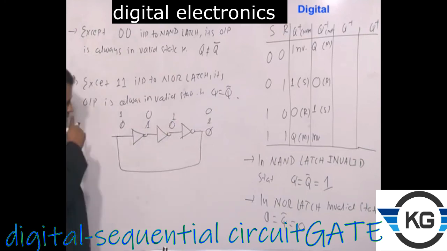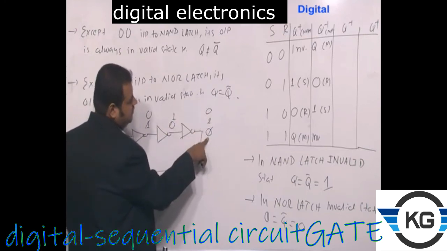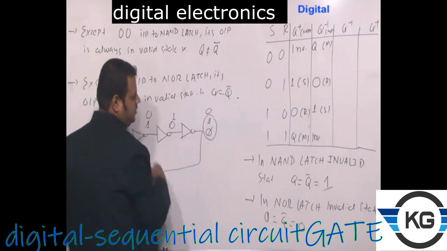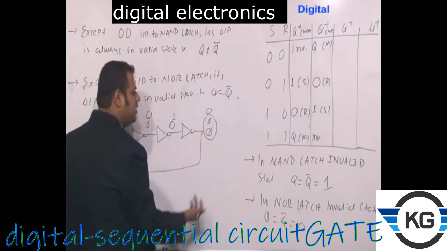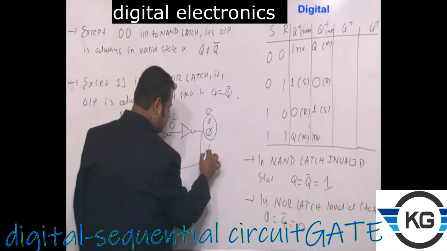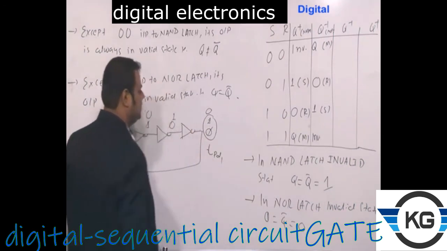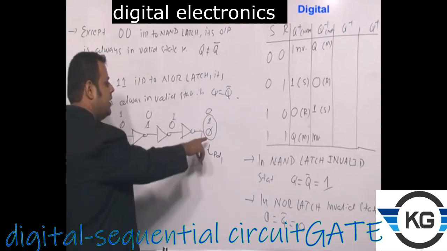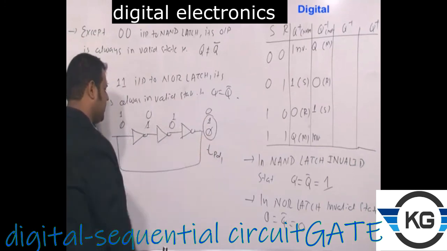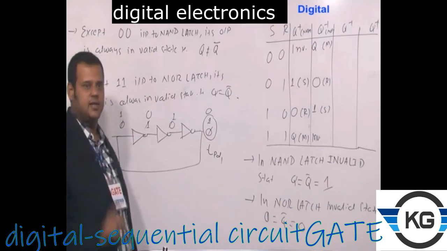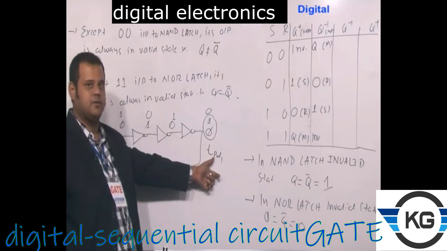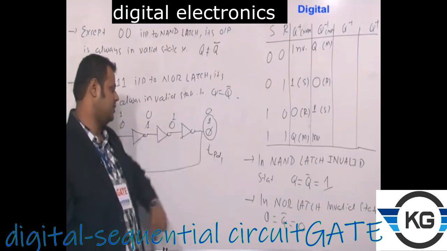You observe one thing, that here if the initial value is 0, after some amount of time we are getting a fluctuation of 1 here. So there is some amount of delay, let us say that delay we do not know, that is some TPD1, propagation delay. Now obviously after how much time we are getting the change here is definitely 30 nanoseconds. If you are assuming each gate delay is 10 nanoseconds, so 10 plus 10 plus 10, 30, after 30 we are getting this one, right? After 30 nanoseconds we are getting a fluctuation here.